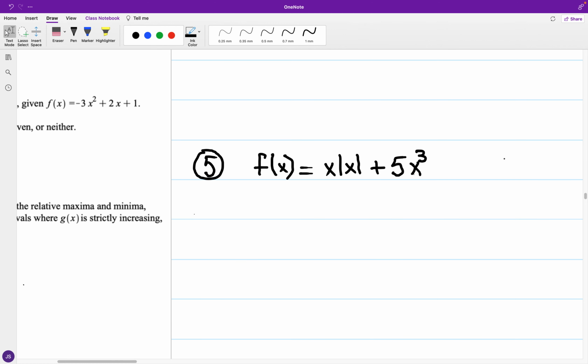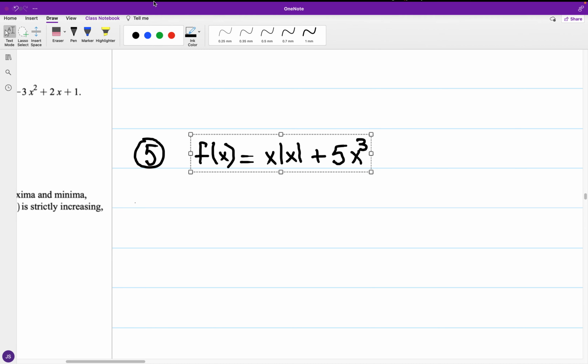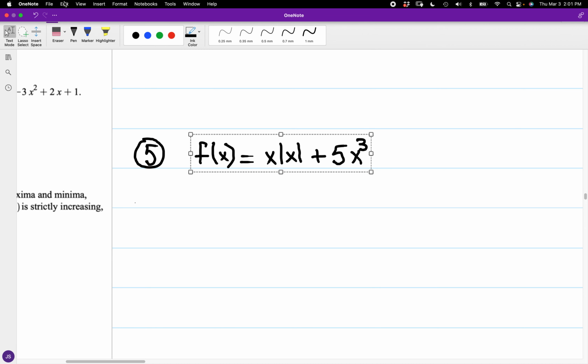plus 5x cubed. Now, if the function is odd, it's going to be a function where additive inverse inputs will lead to opposite sign outputs. And if you have opposite sign inputs leading to the same output, then the function is going to be even. So for what we have here, we're looking at discovering whether this function is odd or even or neither,